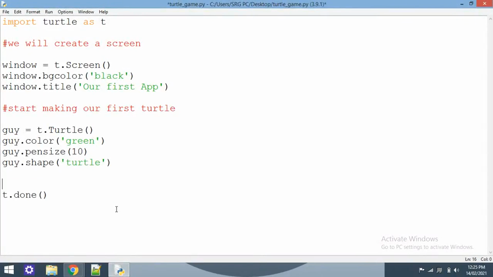Let's move our turtle. Let's move our guy. For moving our guy, we have almost two basic functions. For moving forward, you have a function called forward. For moving backward, you have a function called back or backward.